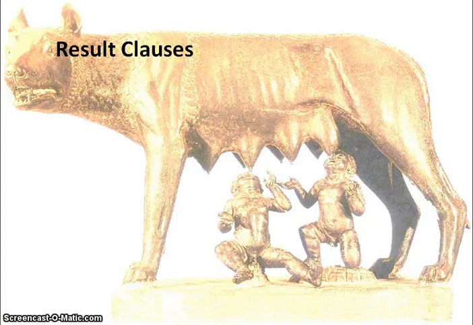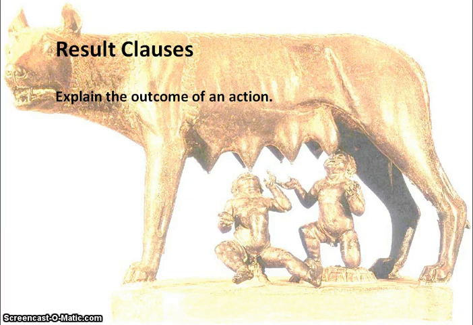This is a short video about result clauses for Latin GCSE. Now, the title, result clauses, is a big clue. A result clause explains the outcome of an action, i.e. the man was so fat that he wasn't able to get up out of his chair. The result, or the outcome, of him being so fat is the fact that he wasn't able to get up